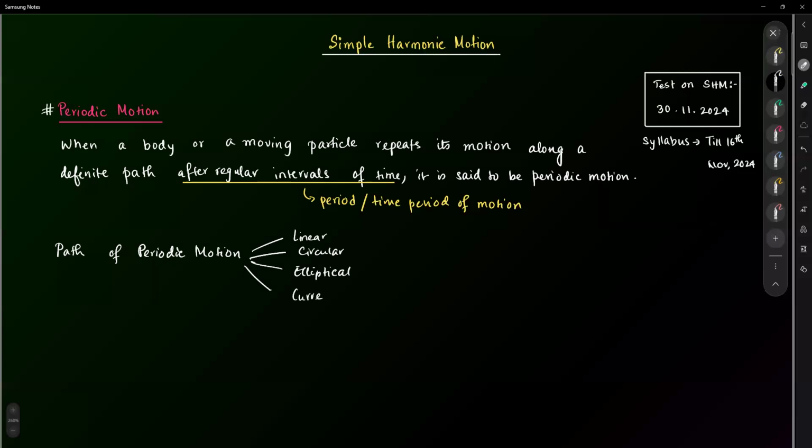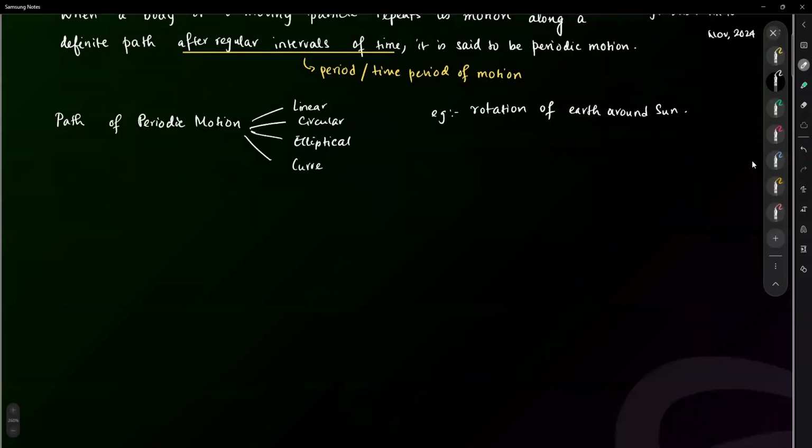Okay, for example, rotation of sun, or rather rotation of earth around sun. Right? Now, a special kind of periodic motion is known as